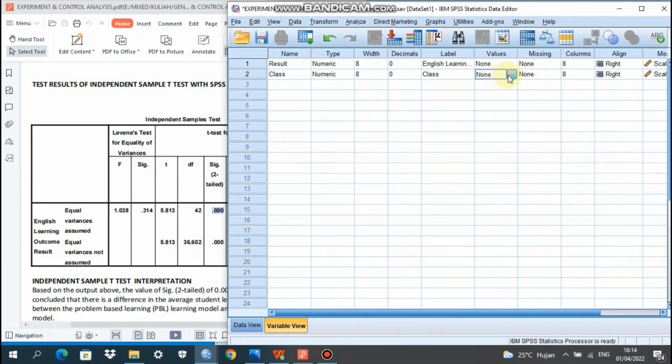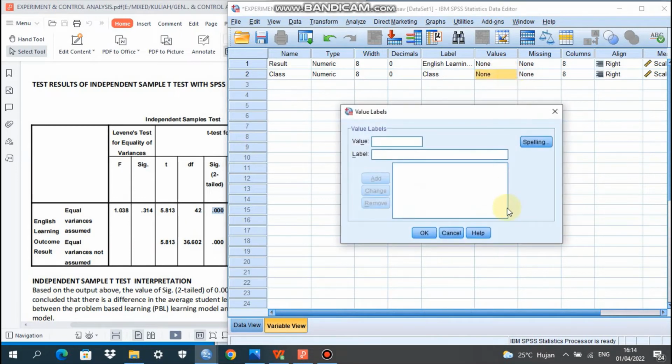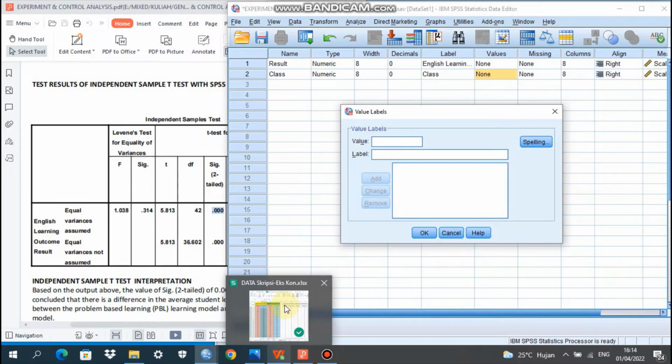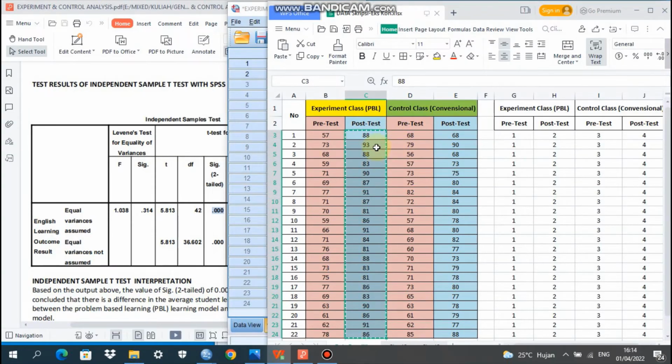So for the values, the class consists of 2 groups: post-test in the experiment class, the implementation of PBL, and post-test in the control class, the implementation of the conventional model. Okay, we check again here.